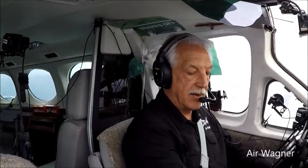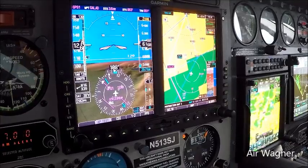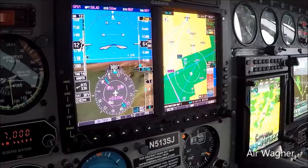Gonna try to do a dog rescue trip on the way back. Stop in Fresno. There's some dogs or cats that need a ride to Oakland, I believe. I'm gonna check that out. Oh, 6,000 on the way to 7. Only have a headwind of 15, but the wind is coming directly from the right, and that's what we're turning